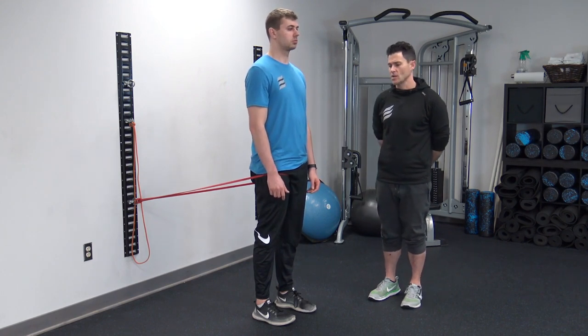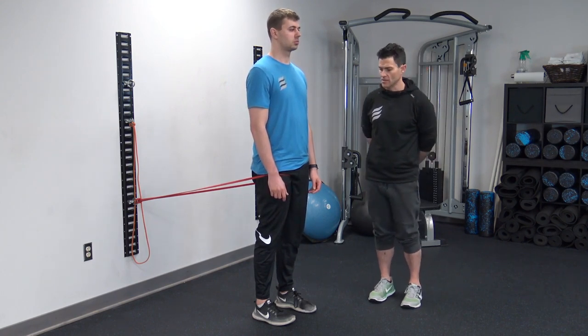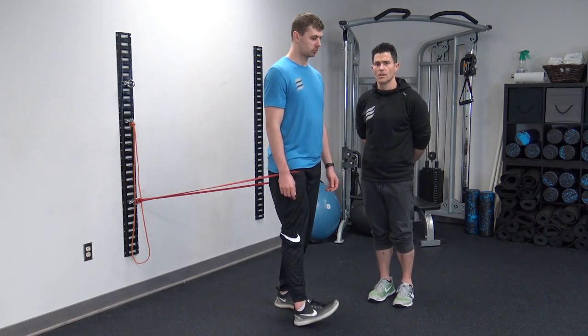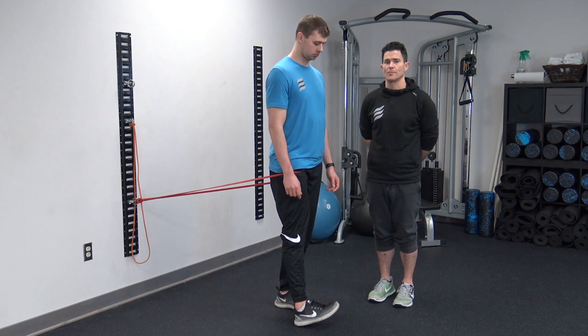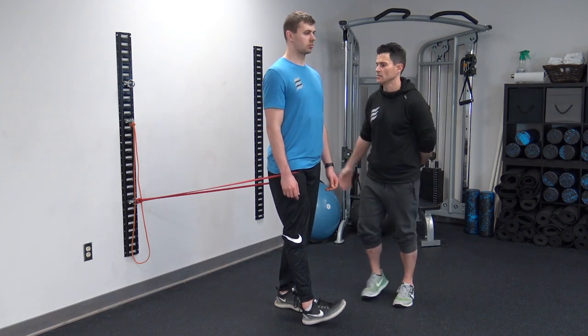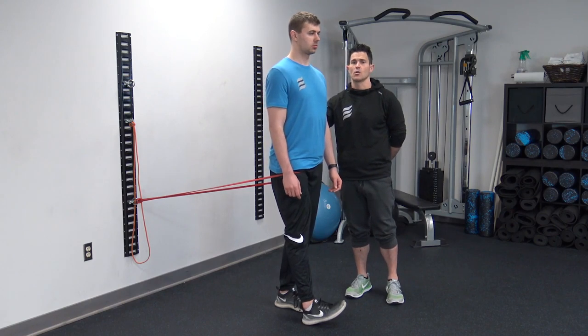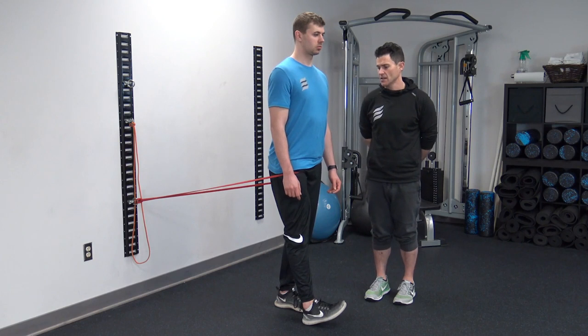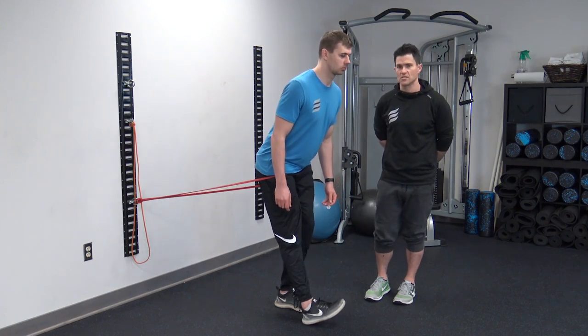Now from this position, Ryan's going to stick his leg forward, keeping the knee extended and the toe pulled up to his shin. The goal here is to make sure that the movement happens through the socket of the hip and not through the lower back. So he's going to make sure to maintain the erection of his lower lumbar spine. With that in mind, he's going to tip his hips back until he feels the first natural point of resistance,